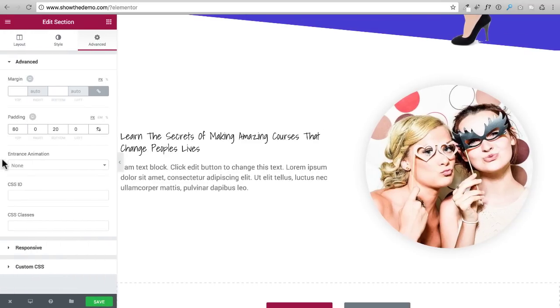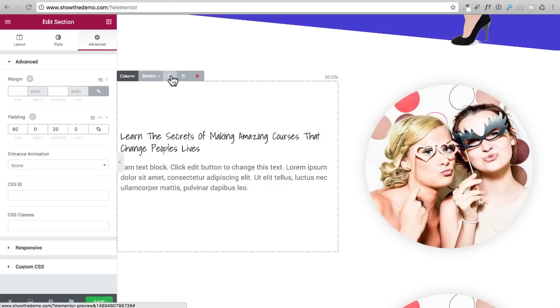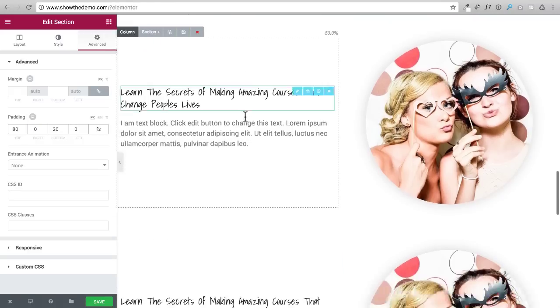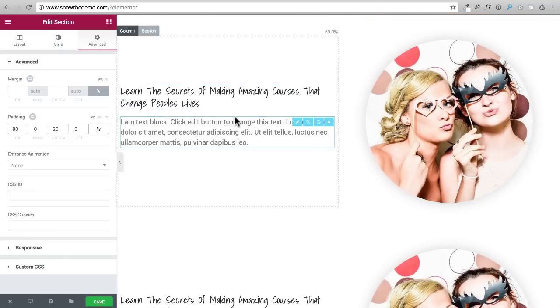So now all I need to do is duplicate this section. You've seen me duplicate elements, and you've seen me duplicate columns, but you haven't seen me duplicate an entire section. That's exactly what I'm going to do. So I'm going to click on Section right here, and I'm going to duplicate it twice. 1, 2. So there we have it 3 times,